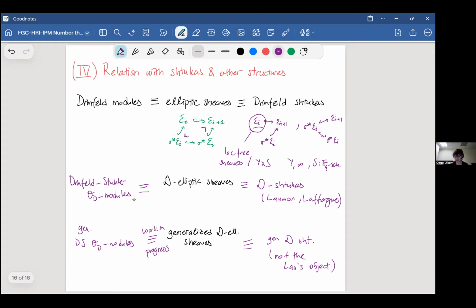But one can define associated generalized D shtukas, which we did. The more interesting case is work in progress, joint with Gebhard Böckle: we claim that our generalized D-elliptic sheaves are equivalent to G shtukas,